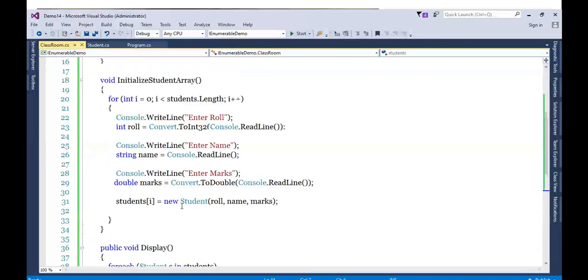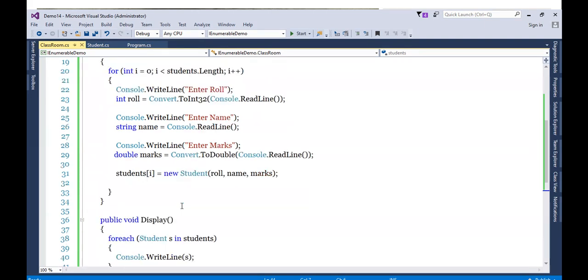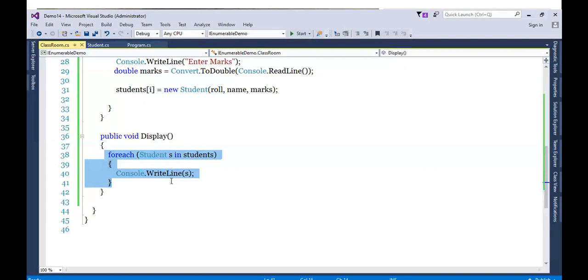Do remember, once again I repeat my statement: the IEnumerable interface is never mandatory. Not just IEnumerable, any collection interface is never mandatory. You can do this by yourself as well. But if you use those collection interfaces, you get built-in facilities. Here, if I'm not using the IEnumerable interface, I need to fetch the public methods of the student class, and with the help of those public methods I'm able to display the members.